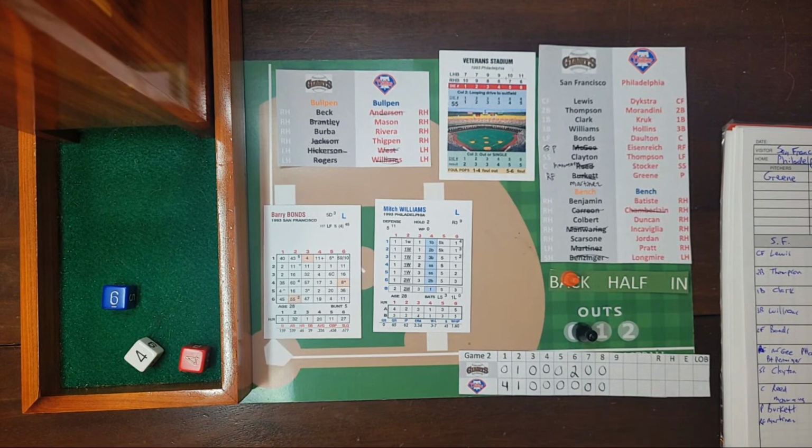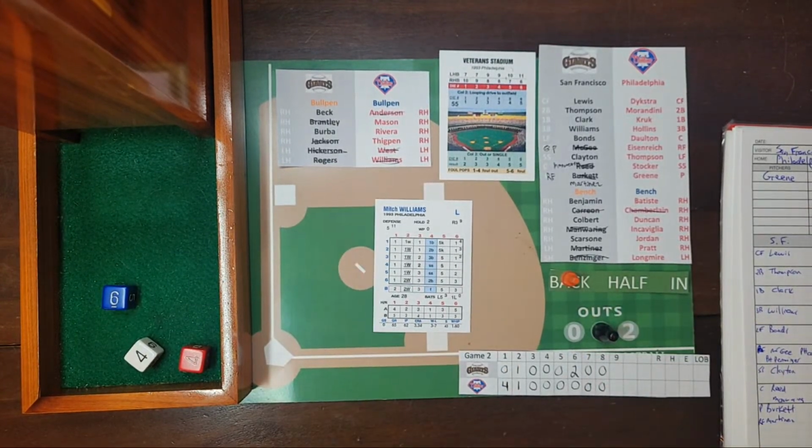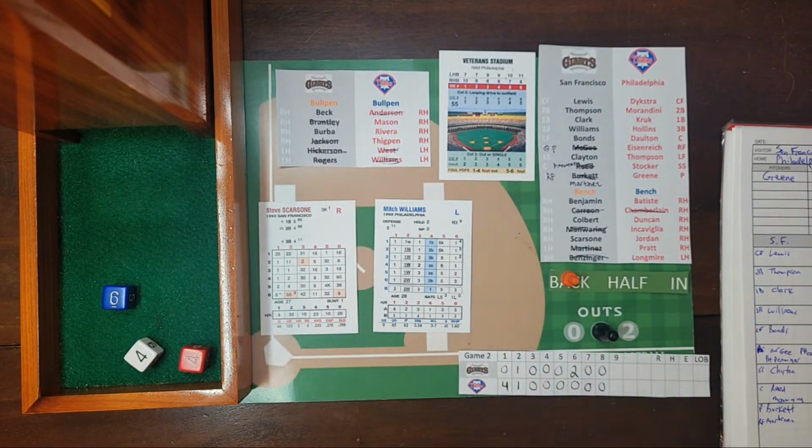If we got into the 20, it would have been the umpire chart. If Morandini had been a 3-rated defender or worse, it would have gone to the umpire chart. But since he's a 2-rated defender, he makes the play. And Bonds is out. So here comes Scarsoni, the pinch hitter